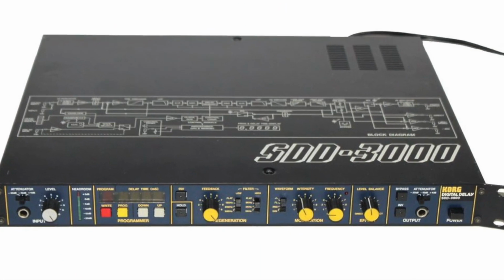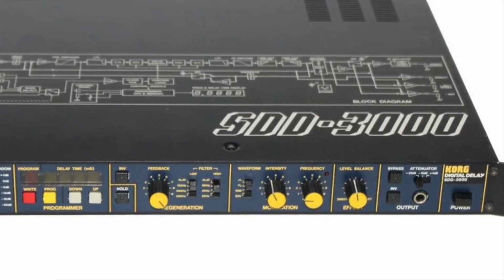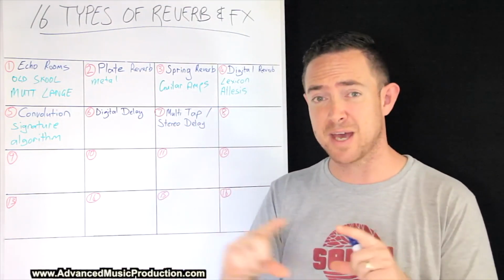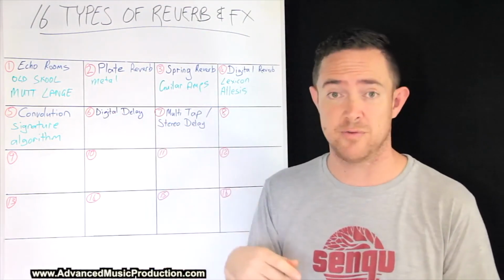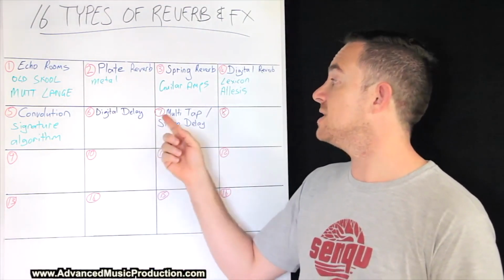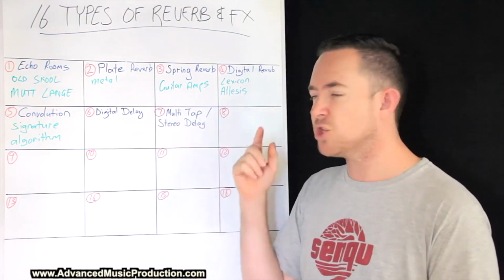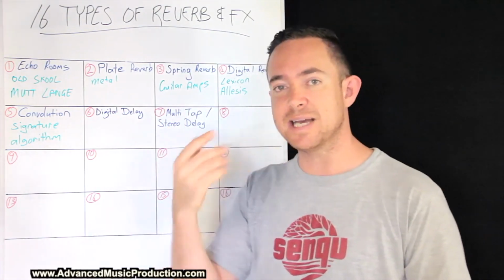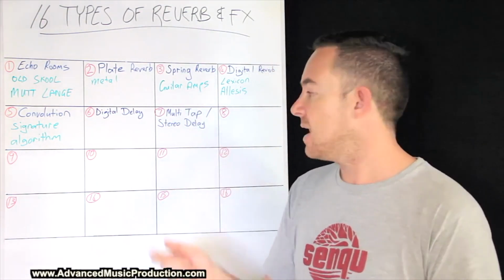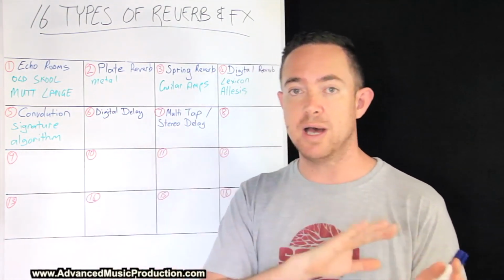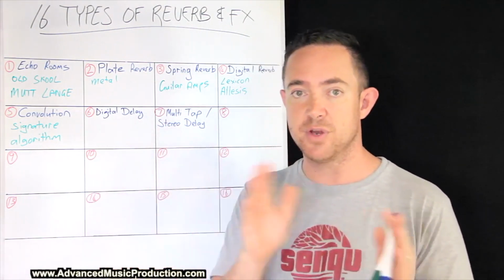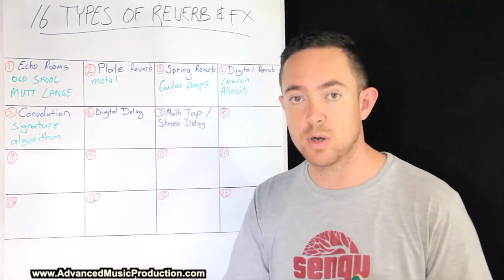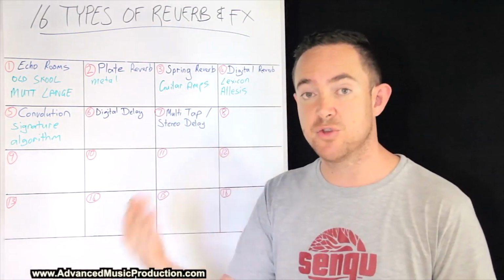In the 80s, they started coming out with digital delays that were rack mount units, like these digital reverbs. It seems like anything that came in a rack mount had the word digital in front of it. And then they started coming out with these multi-tap and stereo delays. So it started to get more complex. You could assign how many milliseconds later the first delay would come and where it would be, left, right, center, or 30% left, 30% right. And then you could decide how many milliseconds the second one would come and how many milliseconds the third.